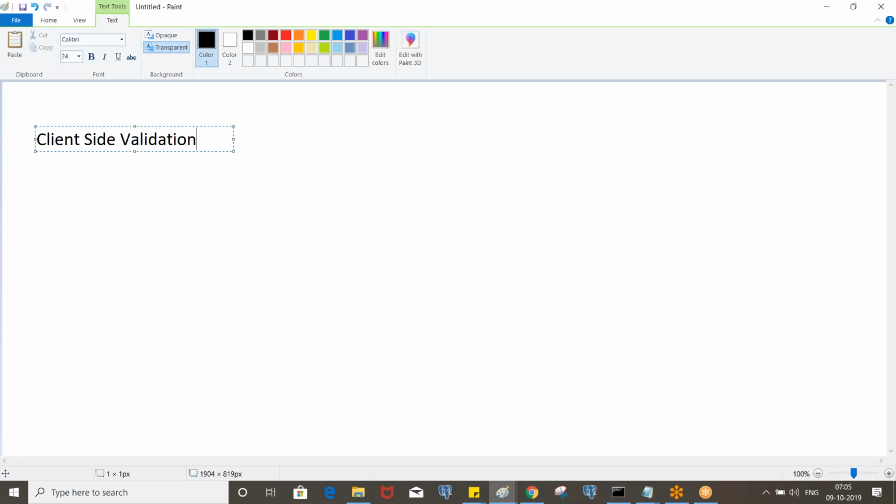Client side validation is also called browser side validation. And so we have a server side validation. Okay. So client side validation.